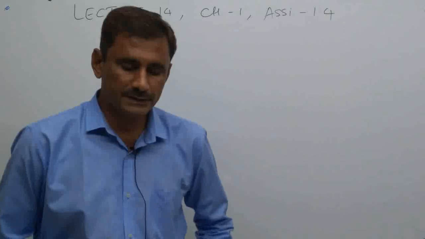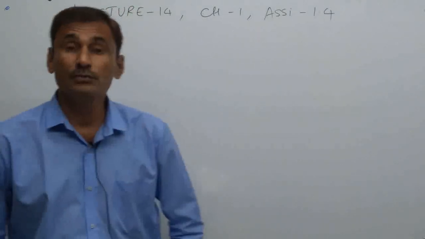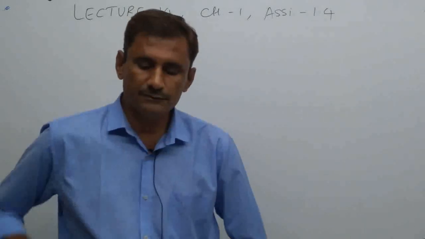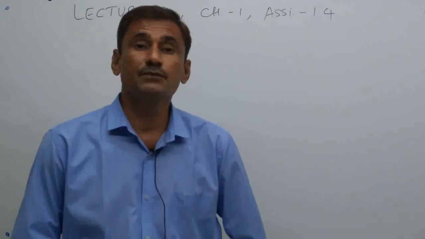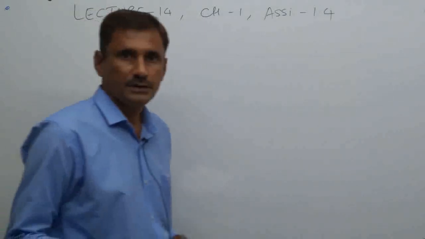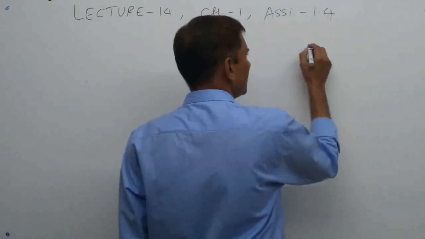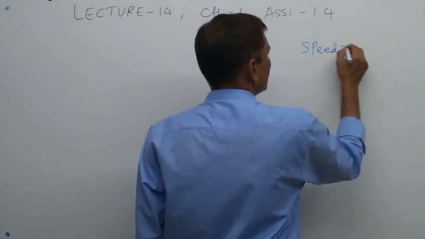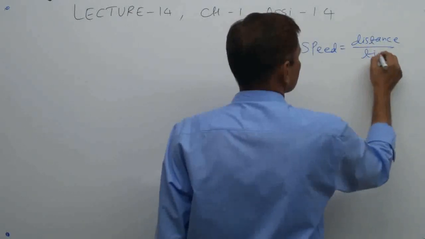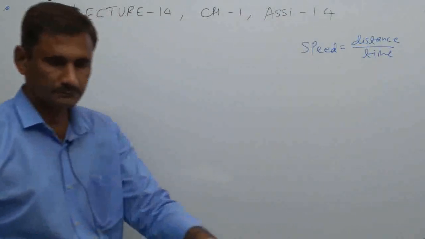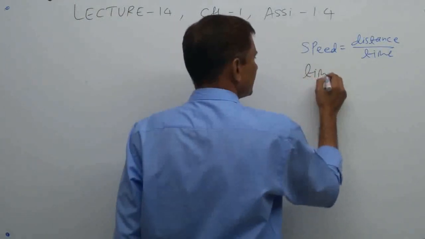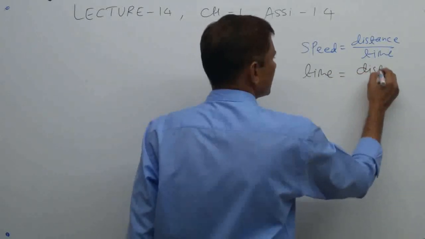The speed of a bus is given as 40 and 1 by 4 kilometer per hour, and the time to travel 1000 by 3 kilometer by the bus is what? So basically here speed and distance are given, and in science you learned this formula, speed equals distance by time. Here time is asked, so make it the subject and find time equals distance by speed.